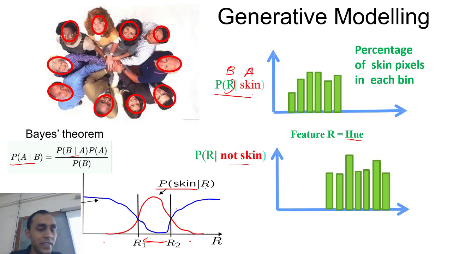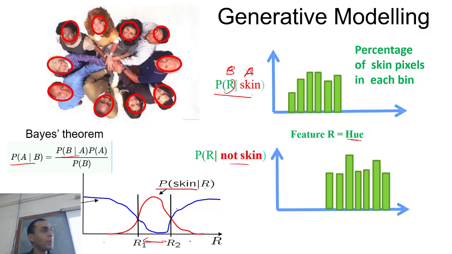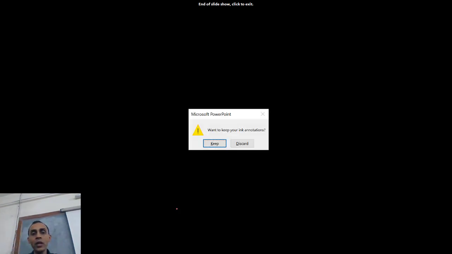So this is a basic idea of using color for detecting skin regions in humans. So I'm just telling you some applications of color. We'll see more applications when we discuss color-based segmentation after the sessional. So these were some applications of using color in